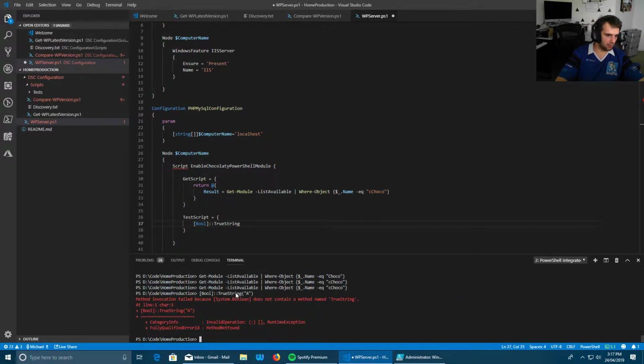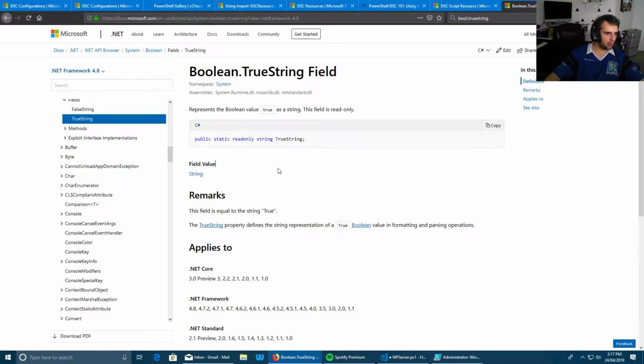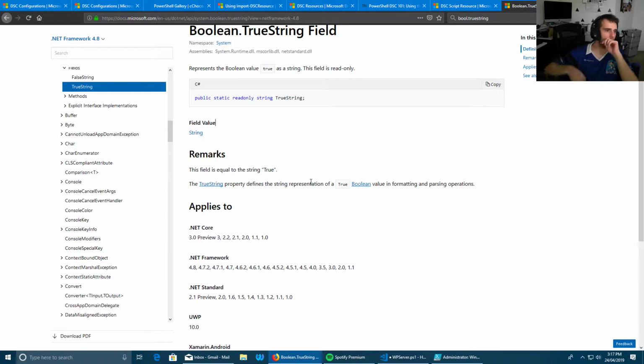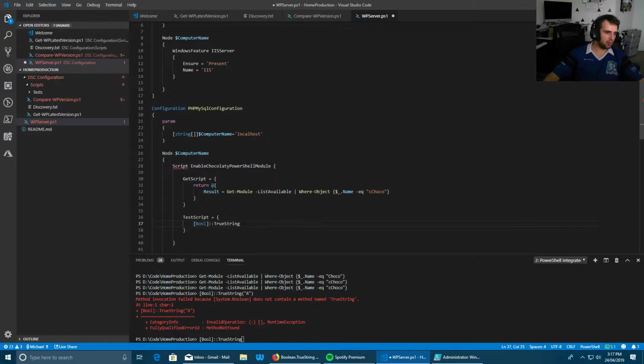That should... system.boolean doesn't, okay. Boolean.trueString. What is that? Over to MSDN. Boolean.trueString. What are you? It's static readonly. Okay. Field equals. This field is equal to the string true. Oh, interesting. Okay. So what we can do is let's say